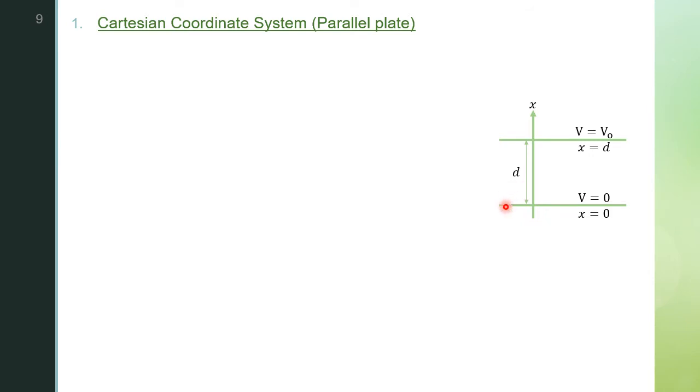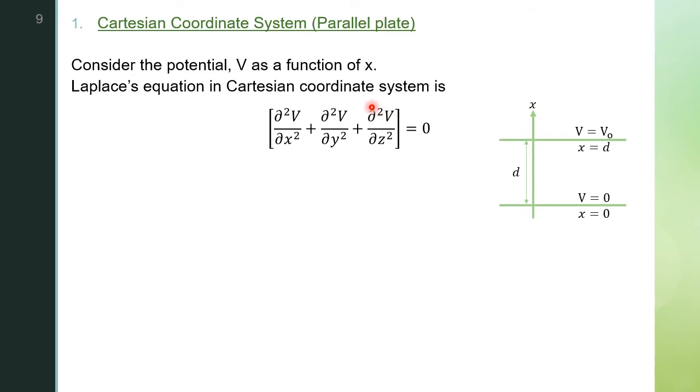The boundary condition means that the plate at x equal to 0 has a potential 0, and at x equal to d it has a potential V0. Now we know since it is in Cartesian coordinate system, the Laplace equation is given by ∂²V/∂x² + ∂²V/∂y² + ∂²V/∂z² = 0. Since the potential is varying only with respect to x because the plate is lying on the x-axis,